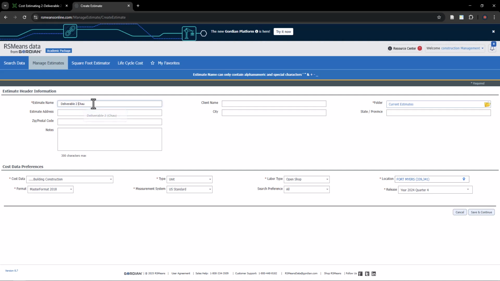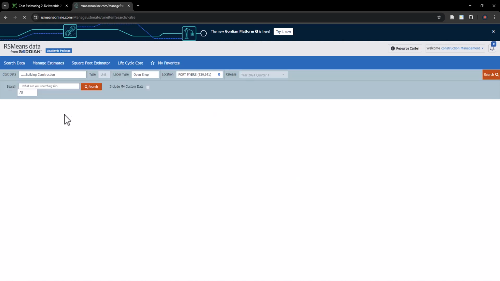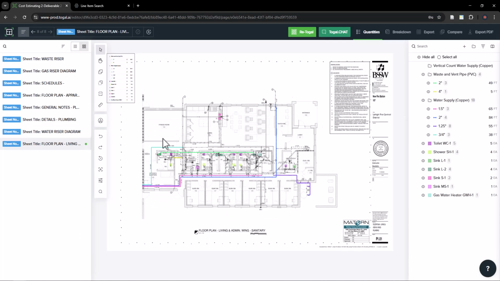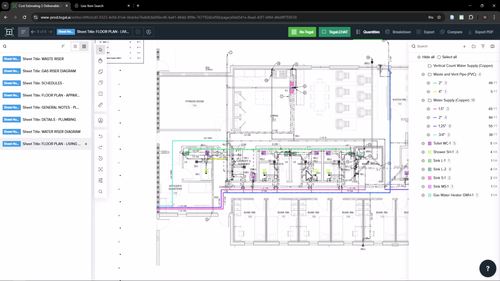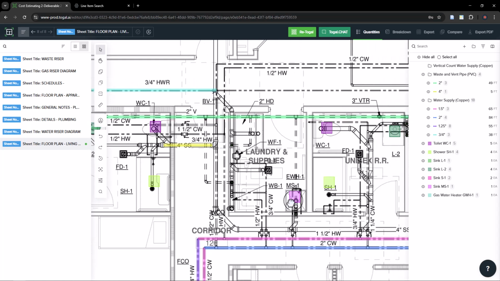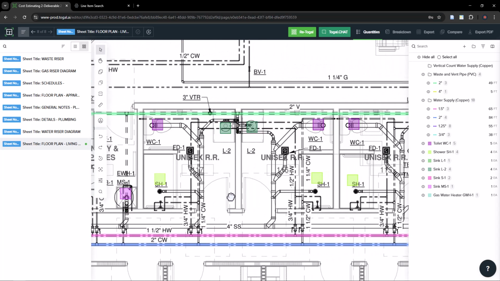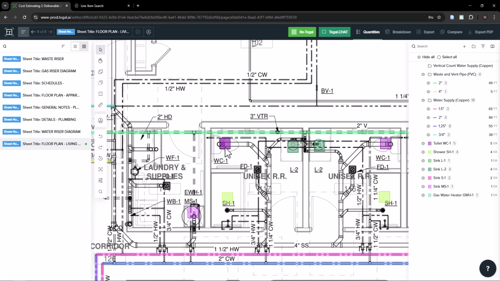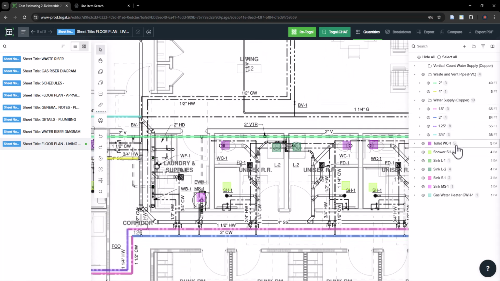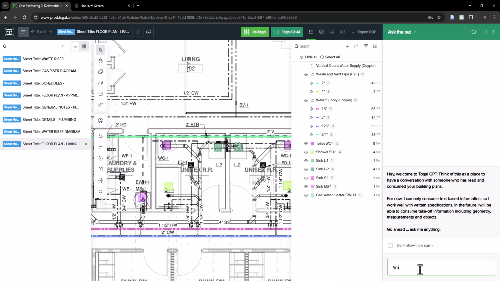Oh, they don't allow to have that. All right, so now we go back here. So let's do the pricing for the fixture first. So first of all, let's take a look here. So you see that we have the water closets over here. How many items do we have? We have 5 items. So what I'm gonna do, I'm gonna open Toggle chat, and I will ask what type